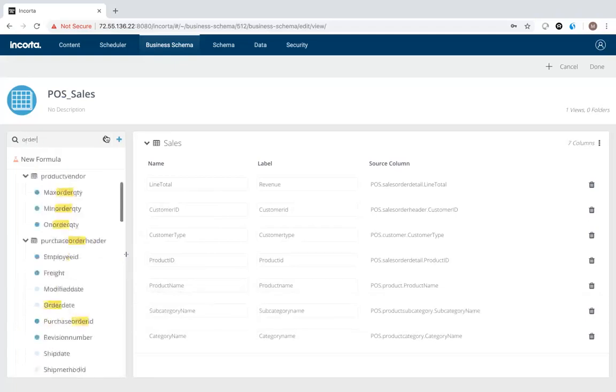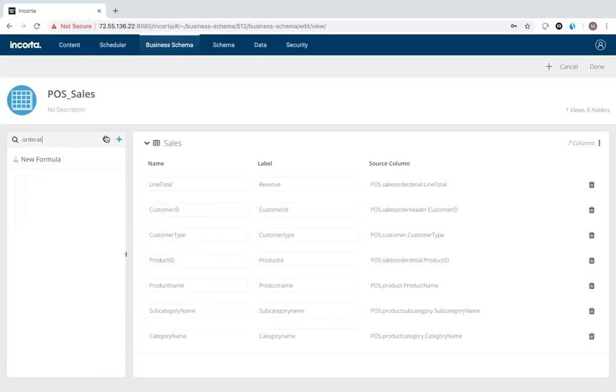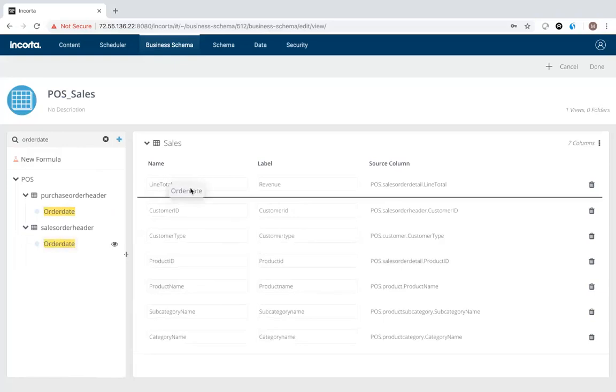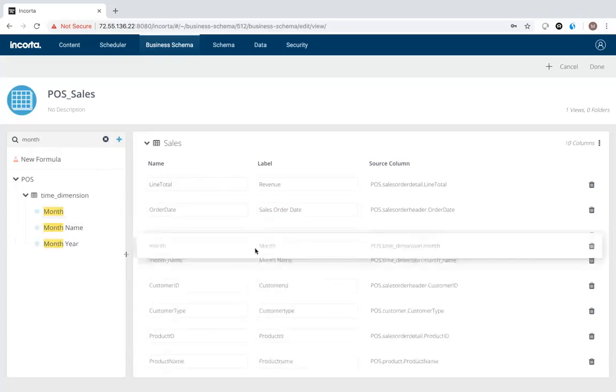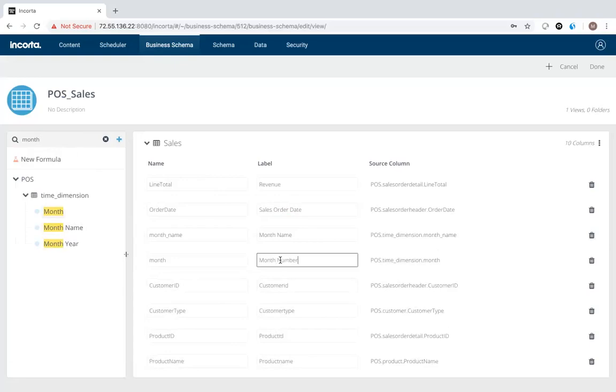And maybe when they're buying it from me, the order date. Spell that right. So I get sales order date and purchase order. I want sales orders. I'm doing sales analysis. I'll call this sales order date maybe. Maybe I want both of them. For today, make it simple and easy. Do it this way. Sales order date. Well, how about my month? I want my month name and maybe my month numbers. I got to sort it. So the order I drag these in is the order in which the users will see them. And I can change the order just by dragging them around here. I got month name. I got month number. I've got maybe year.